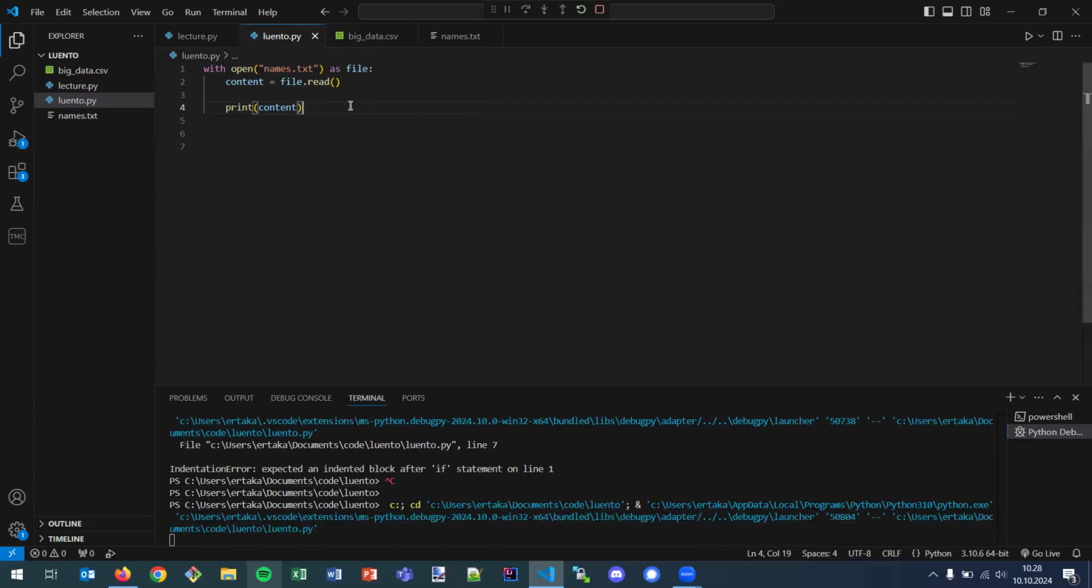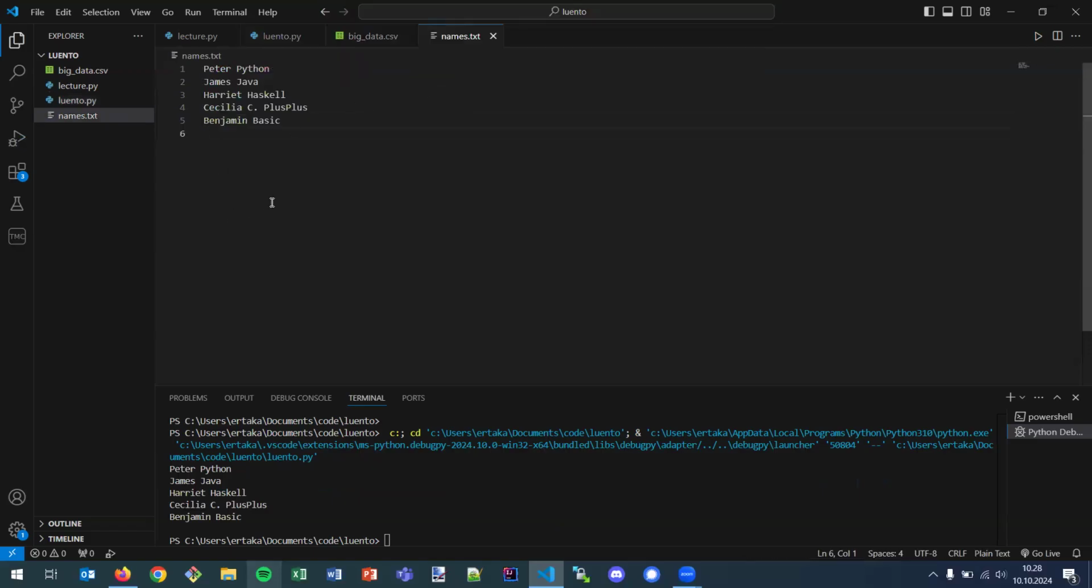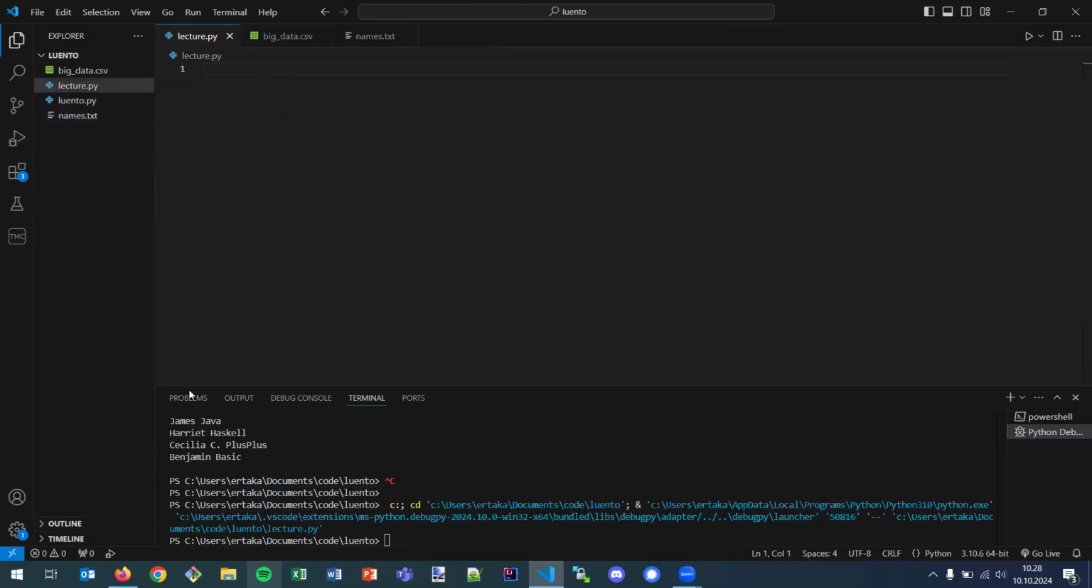Let's see if it works. And yeah, it seems to be working. Here's the content of the file, all those 5 names in a file. Let's try editing this file a bit. Let's add another name like this, and let's execute this one again, and then it outputs the